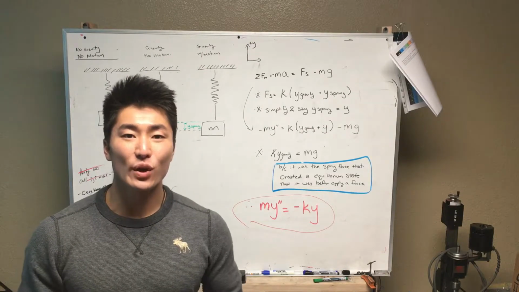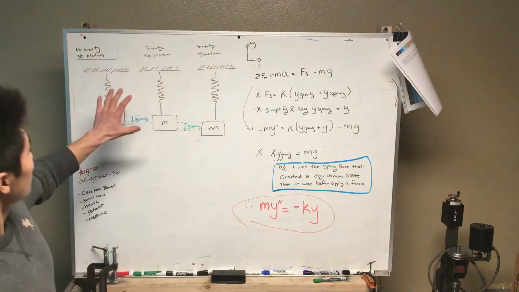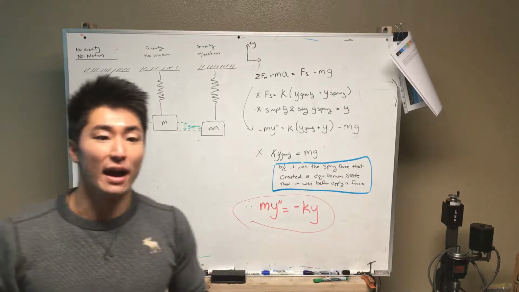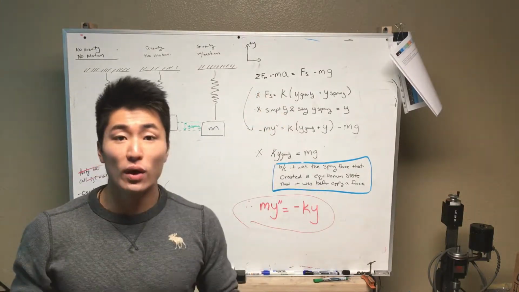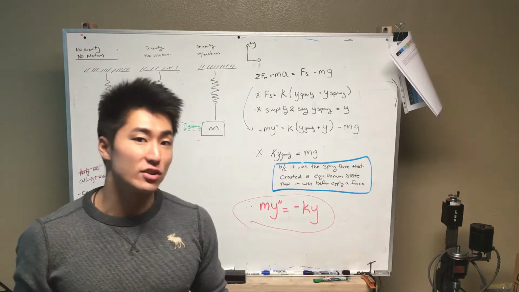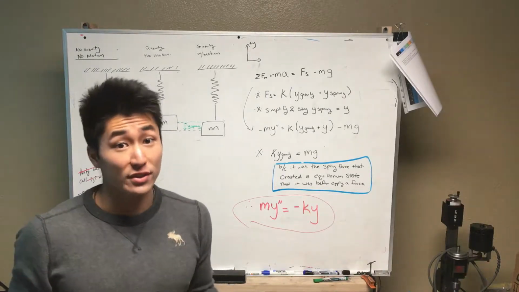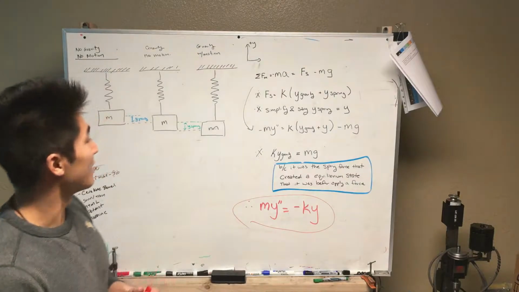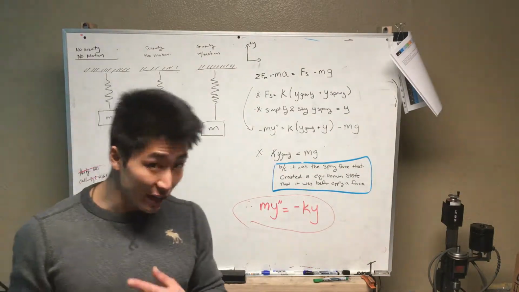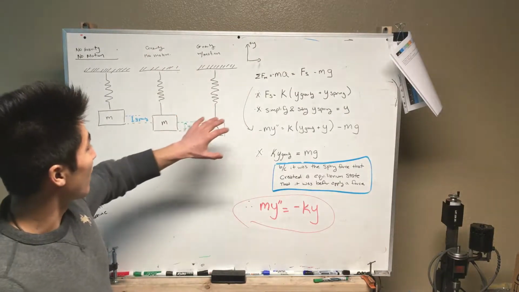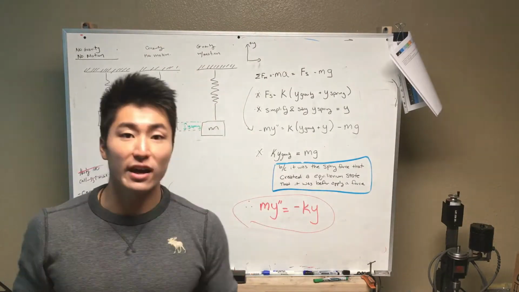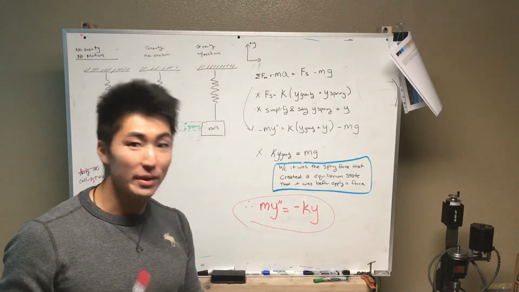Hi everyone, today I want to go over a simple mass spring system and why we're actually considering gravity, even though in a lot of the physics lectures and engineering homework, it looks like we're not taking gravity into account. But actually we are, and that's what I want to go over today. I'm going to prove to you that we're taking it into account, but it gets canceled out,